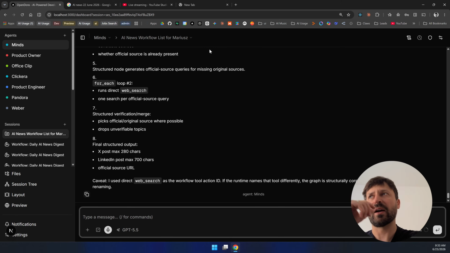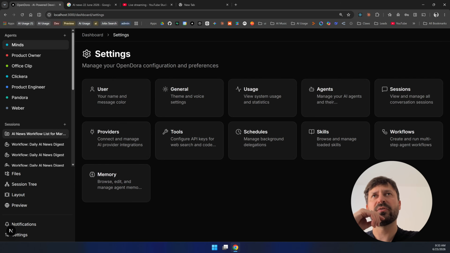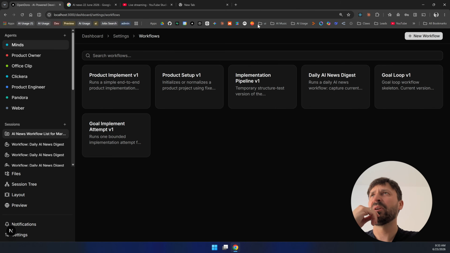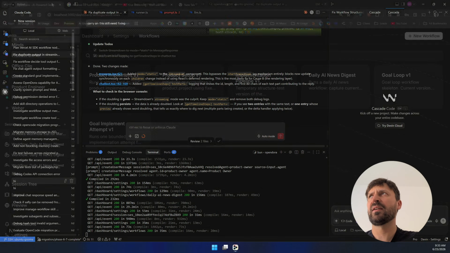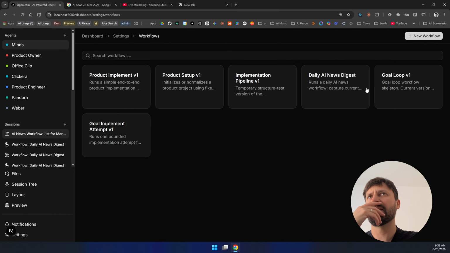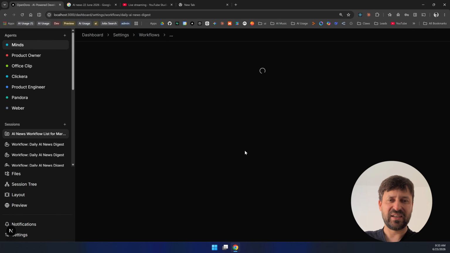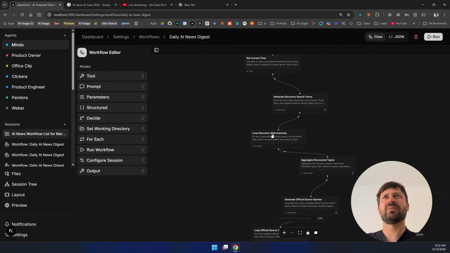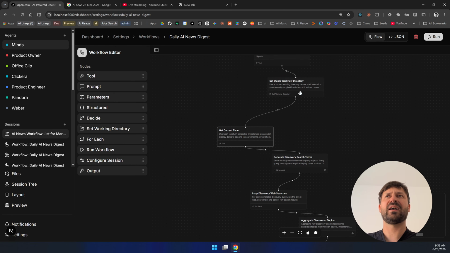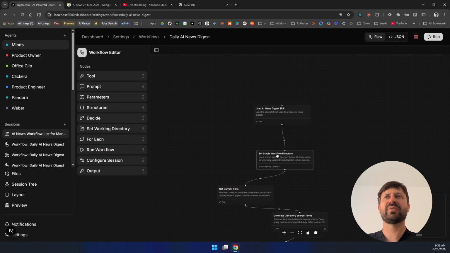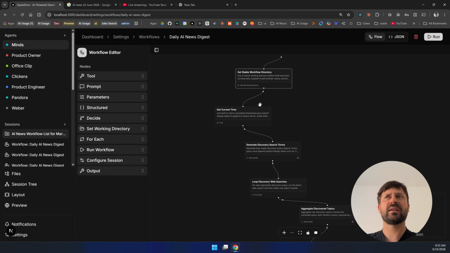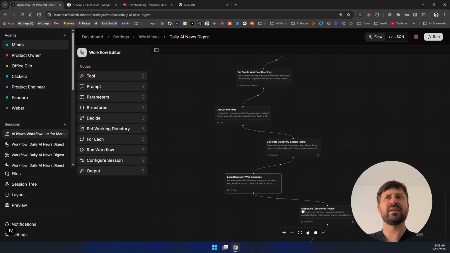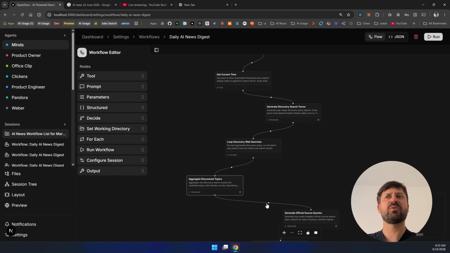So, like the workflow you just saw here, it's a workflow that I believe is a mess. I can see many ways this could be improved, and I want to have that conversation with the AI, see where it goes wrong, improve the reasoning behind it, so it creates better